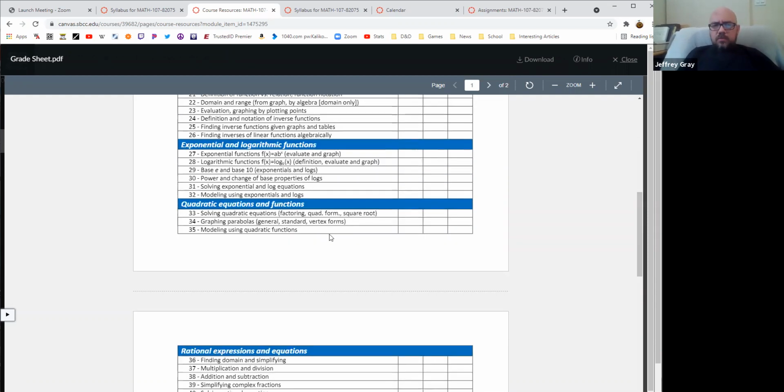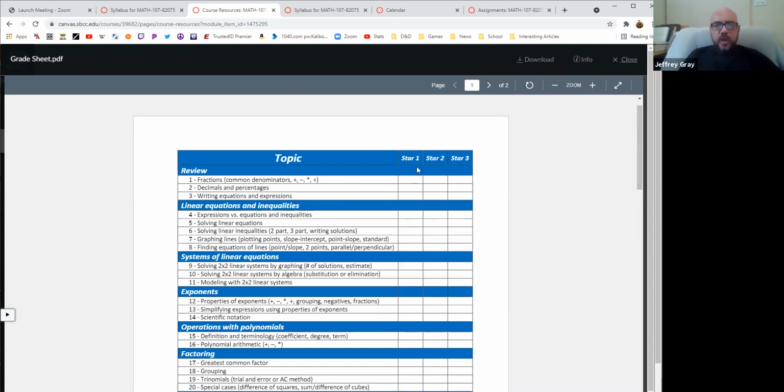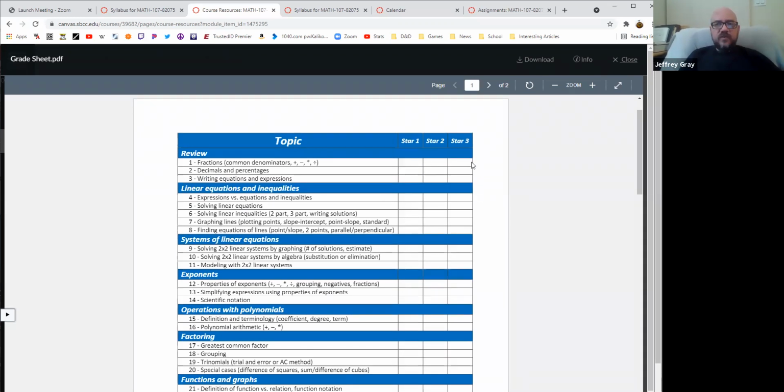And there are 3 stars. I'm calling them stars because when I've done this in person in the past, I used to put little stars on people's papers when they got one right, got mastery credit. So you can get up to 3 stars on any given topic. You don't necessarily need to get 3 on everything to get an A. I'll talk about the grading scale in just a second. But there's no points. It's just, did you do this problem correctly? If so, you get a star.